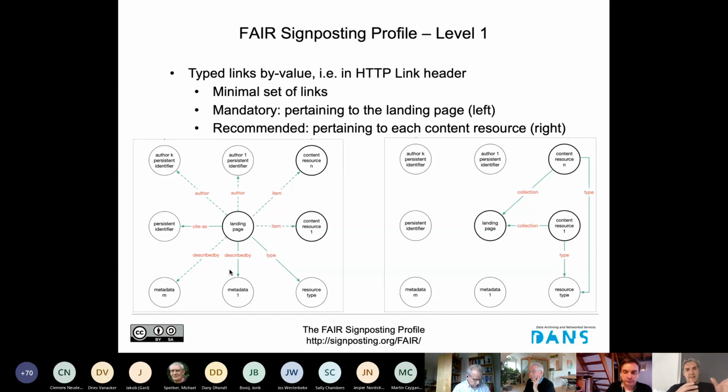One provides the typed links by value, that is in the HTTP link header, as I've just shown you. That's a minimal set of links. Mandatory links pertaining to the landing page, and those are the ones that you see here. For example, it is mandatory to say that a certain landing page has a corresponding persistent identifier, or it is mandatory to at least point at one metadata description,